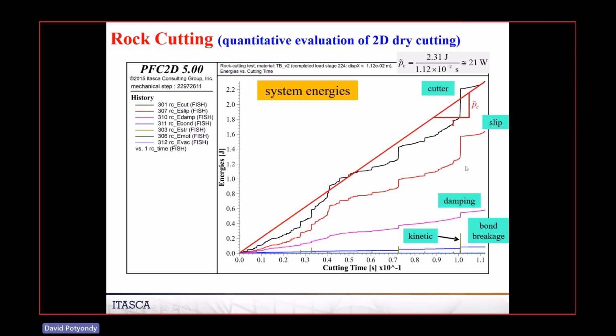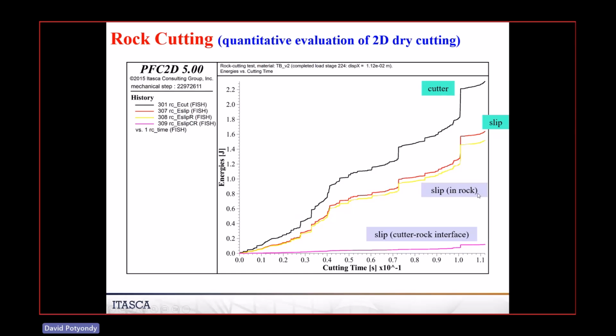And so what you see is a huge amount of energy is going into the slip. It's not breaking the bonds. That's a small amount of energy, the strain energy in there. It's mostly this grinding, this slip between material. And then if we look at the